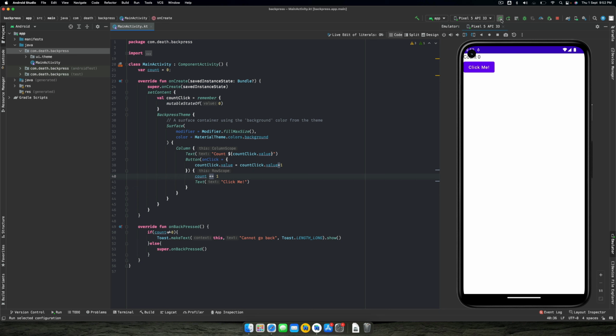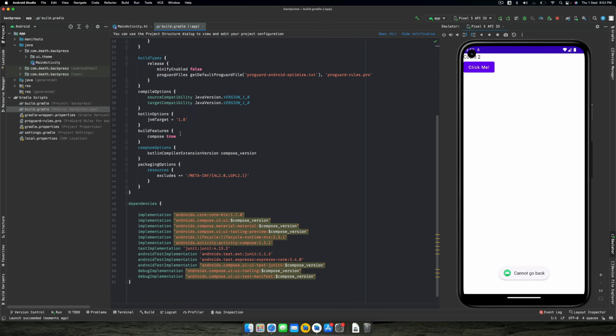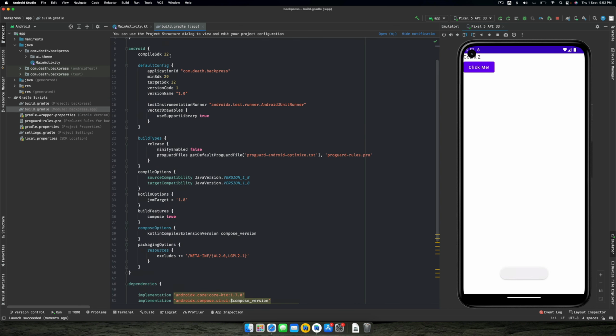Now if I run it again, if I click and if I try to go back, it will not allow me to go back. That's how we used to do it earlier when we had onBackPressed. But now if I go to my Gradle file and target Android SDK 33, which is the recent change, now I'll see that my